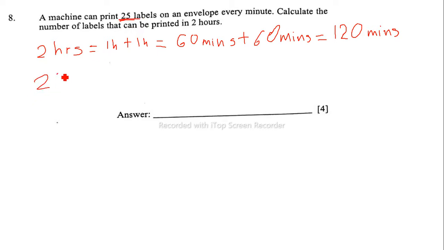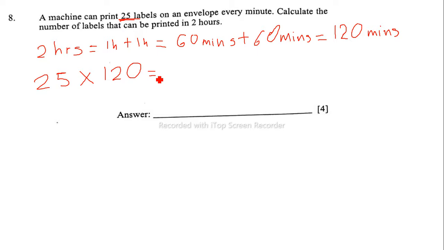The reason why is because every minute we get 25 labels, and so that means in 2 minutes we'll get 50. In 3 minutes we'll get 25 times 3. In 4 minutes we'll get 25 times 4, all the way up to 120 minutes, which will give us 25 times